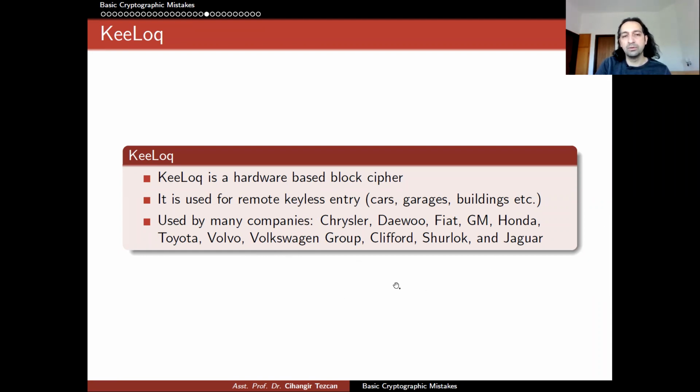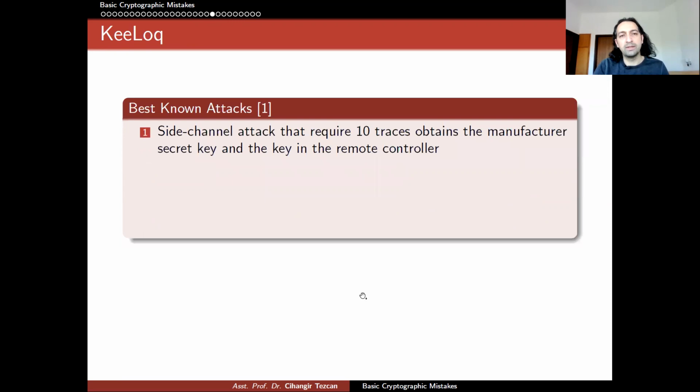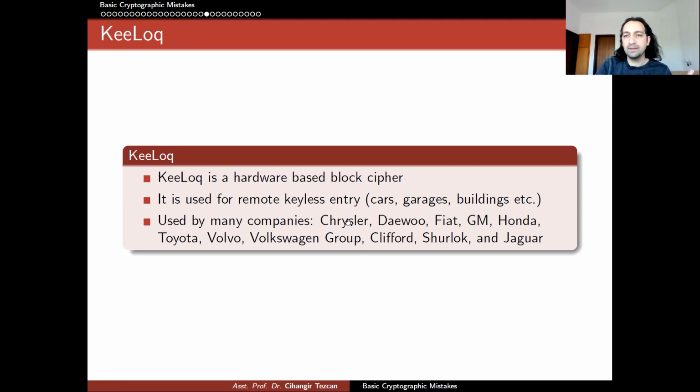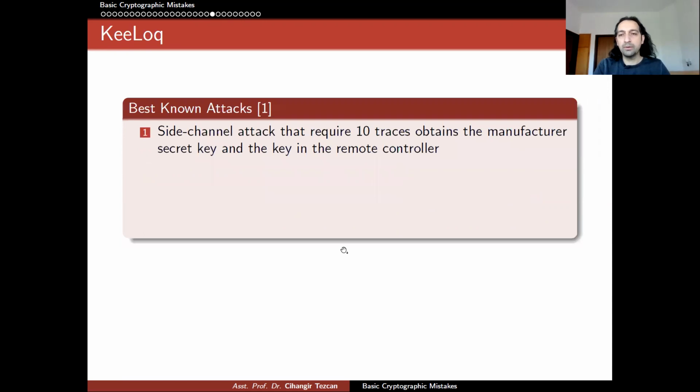As you can see, many car companies use this algorithm. But academicians found a lot of weaknesses in this algorithm, and I tried to summarize some of the best-known attacks. So in this scenario, the manufacturer also has a secret key which they use in all of their cars, and your remote key fob has a secret key which is designed for you. So if you don't know the manufacturer's secret key and the remote controller's secret key, you can do the following attack. This side channel attack requires 10 traces to obtain the manufacturer's secret key and the remote controller's key. So this sentence means actually as follows. Side channel attack means here we need a physical access to the key ring. So you have to capture the key fob,